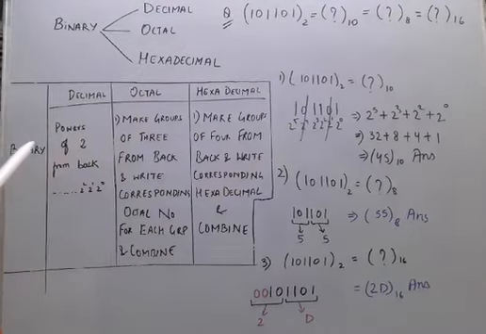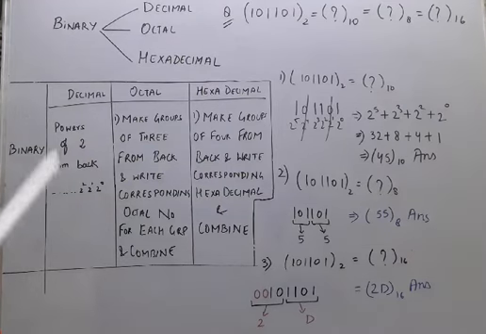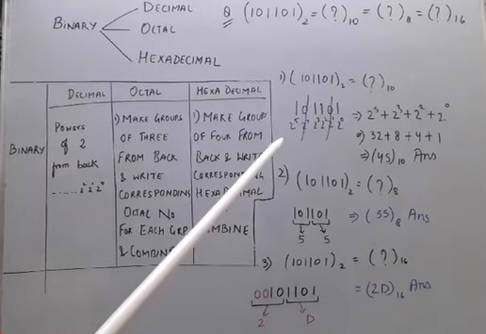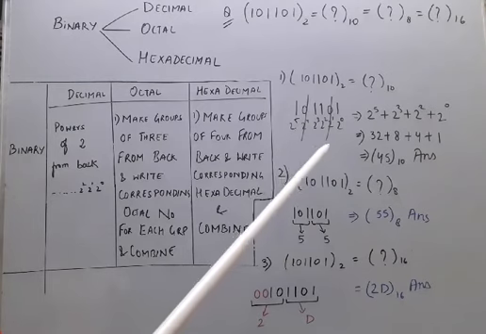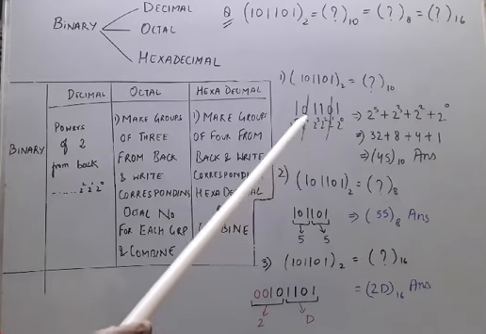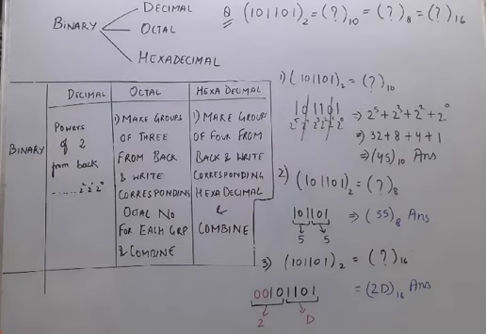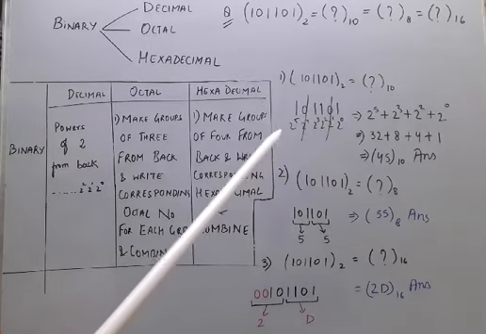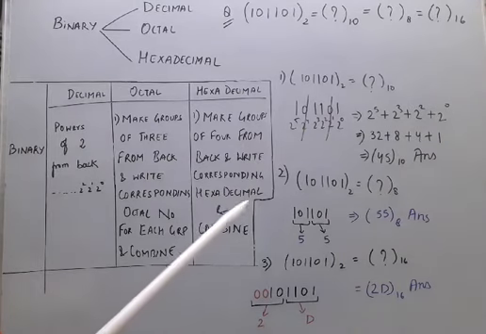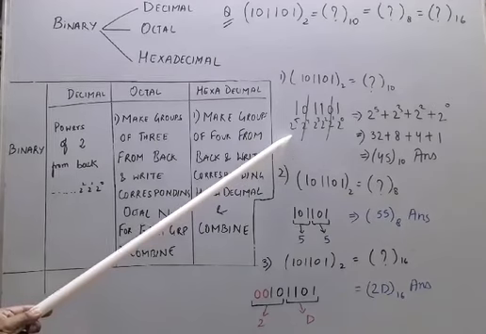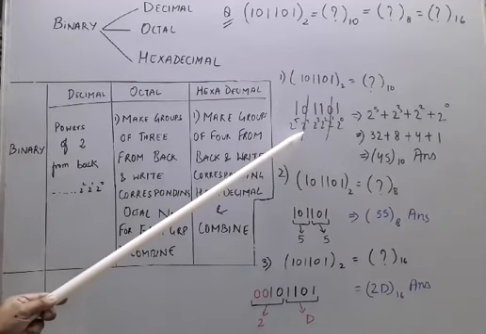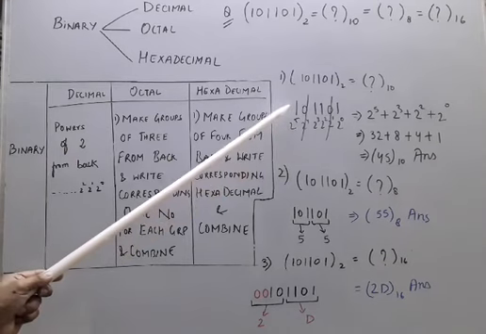So, let us first see how to convert this binary into decimal. As per the procedure, I copied the number again and put the powers of 2 from back. So, 2 raised to power 0, then 1, then 2, then 3, then 4, then 5. Now, after writing these powers, what do we do? We have to multiply 2 raised to power 5 and 2 raised to power 4, these powers, with their respective number.